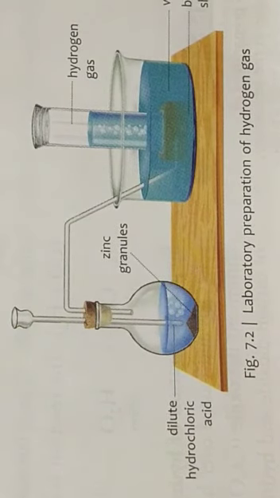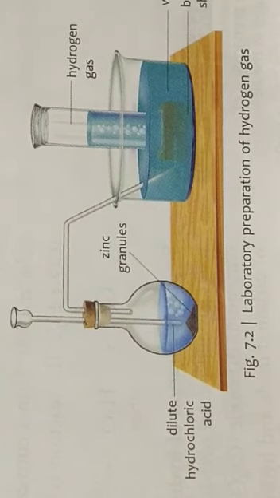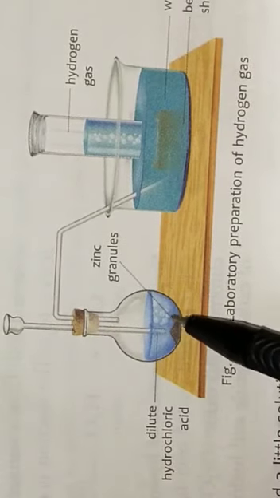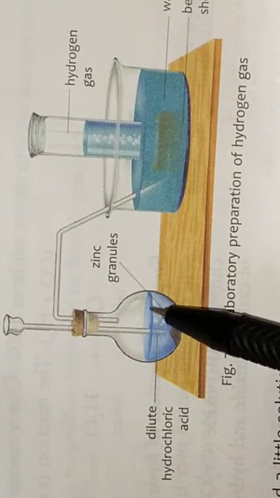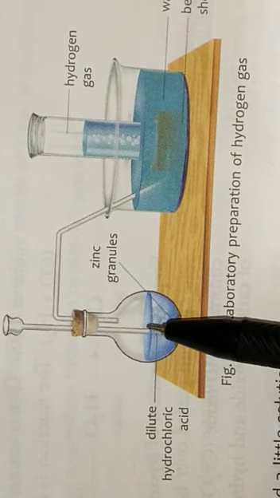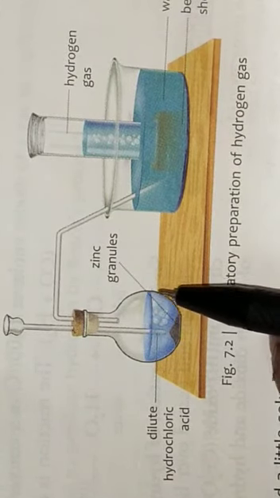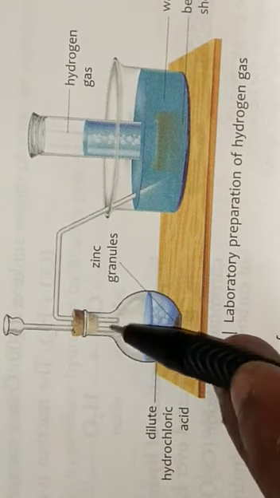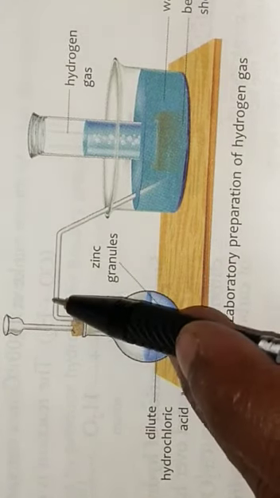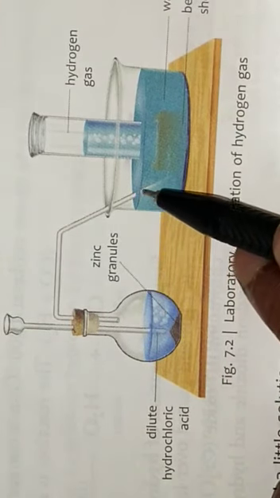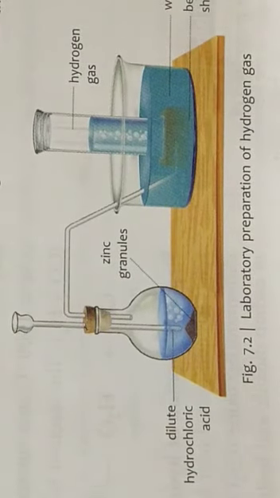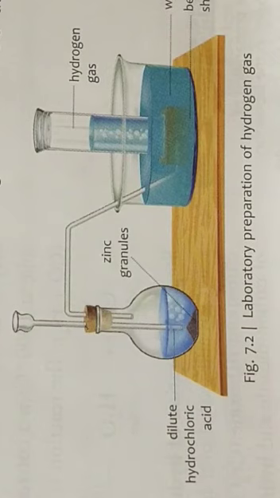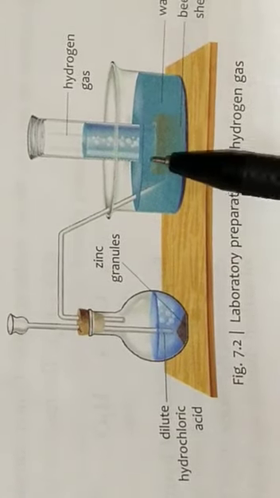Then we observe the following reaction. When granulated zinc reacts with hydrochloric acid, it produces zinc chloride and hydrogen gas. Bubbles of hydrogen gas are seen at the bottom of this flask, and then what happens? This hydrogen gas, it is a very light gas, passes through this delivery tube, and then it is collected in the gas jar by the downward displacement of water. See, this hydrogen